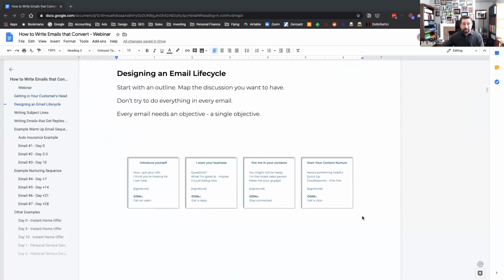Okay, so designing an email lifecycle. Ultimately, it begins with an outline. A lot of people will start pounding out emails. I'm a firm believer in outlining where I want to go, what my goals are, and my outline usually looks something similar to this. So I'm saying, hey, what's the overall objective or the approach of that first email,